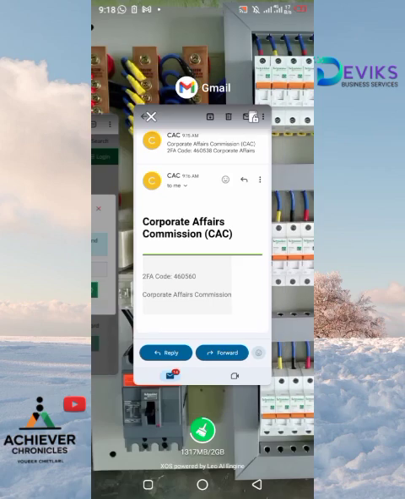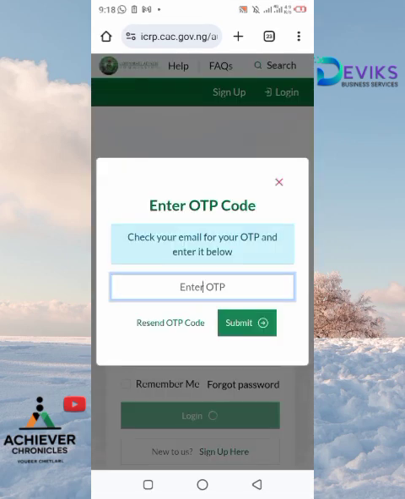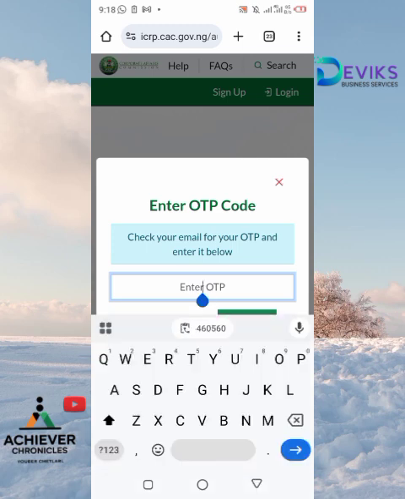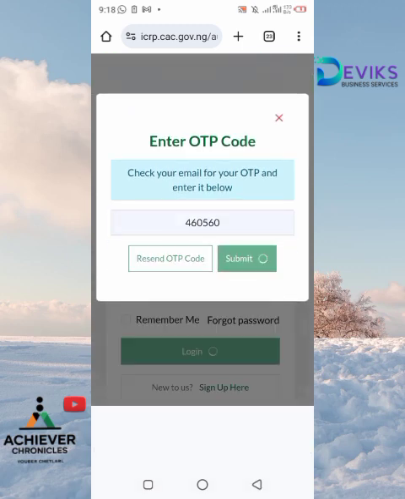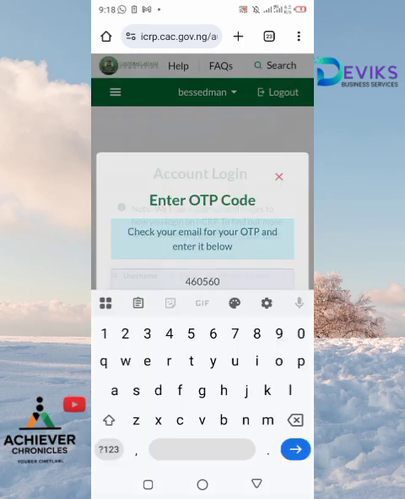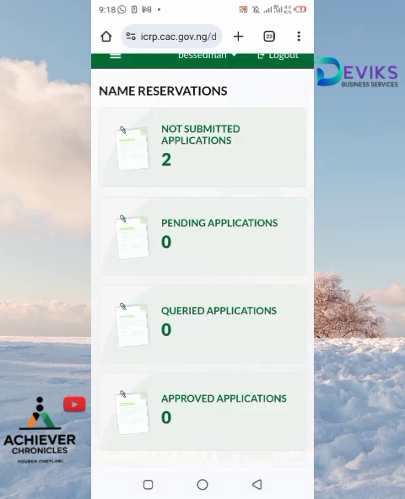I'll come over to here, then I will paste my code, then click submit. Okay, login. You see,